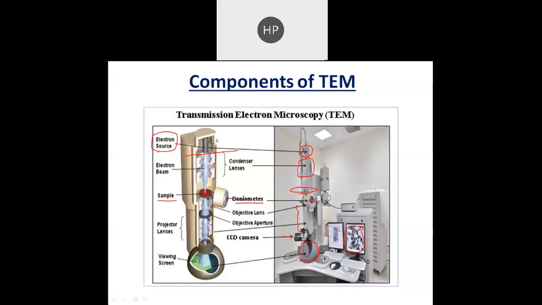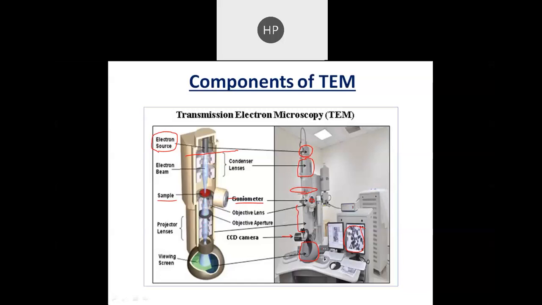In this one you see the difference: in the transmission electron microscope the specimen, the sample, is placed in the center. The electrons that are generated will pass through the condenser lenses and be focused on the sample, and then from that sample the electrons are transmitted and go to the objective lens, and then they will be recorded. While in the scanning electron microscope it is different.